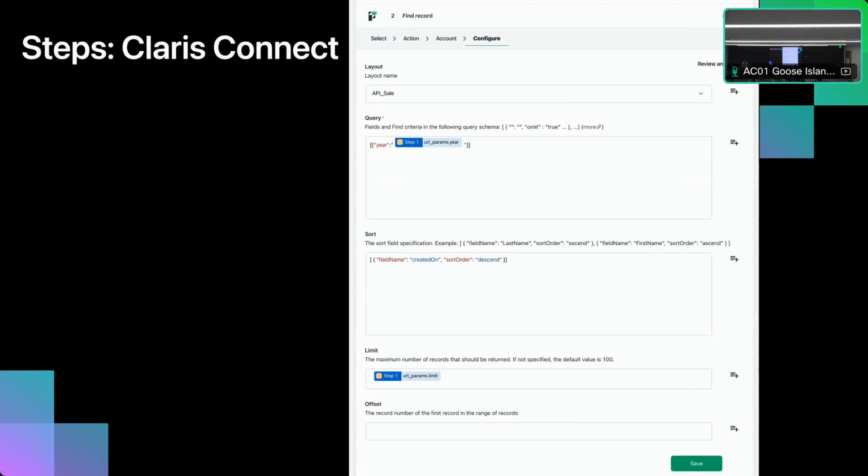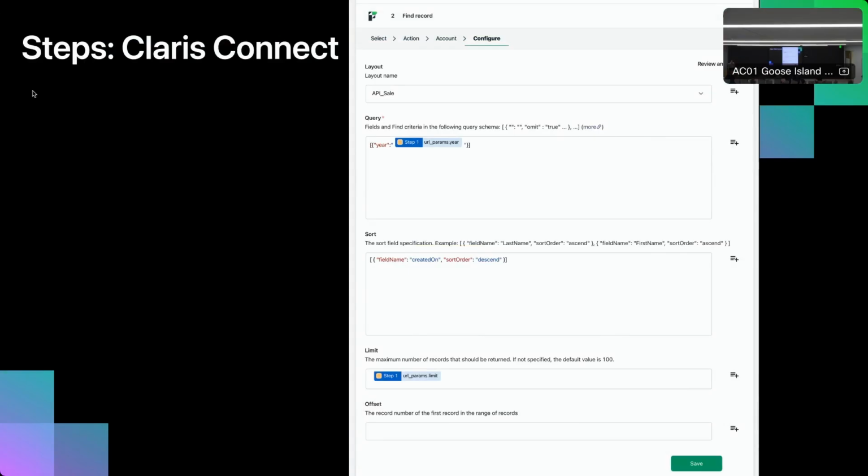And so those steps are utility steps, and you don't pay for FileMaker type of steps or utility steps. So the Claris Connect flow is free and doesn't cost you anything. And they just made that change recently. So before that, it would cost you money if it would run.